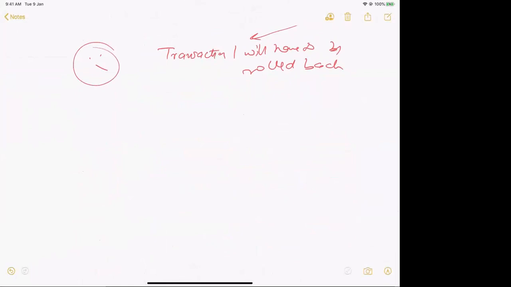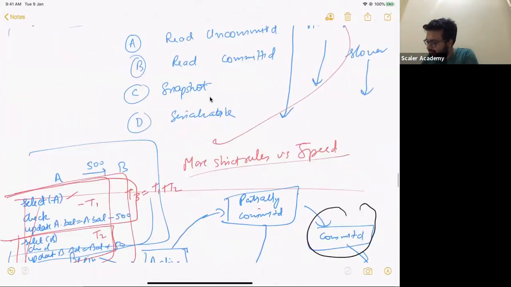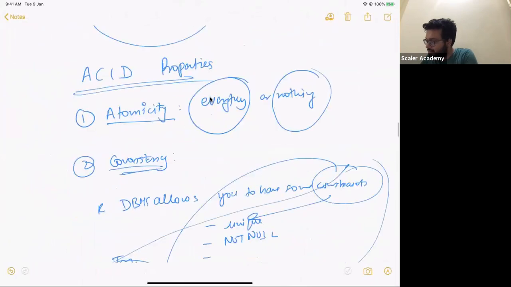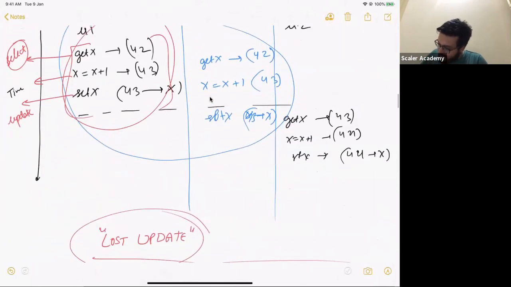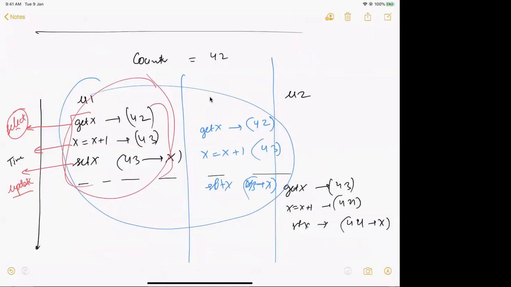Hello. Yeah, Vaishali. That last diagram that you did, I actually thought that overlap is possible. So okay, just a minute. Let's come back to the statement that we made before, the counter thing that we made before. So I told you that if you are doing a select statement and an update statement, and there were two users performing this at the same time, making the counter increment by 1, there is a possibility that there is a lost update. Is everybody clear with that? Vaishali, are you clear with that?